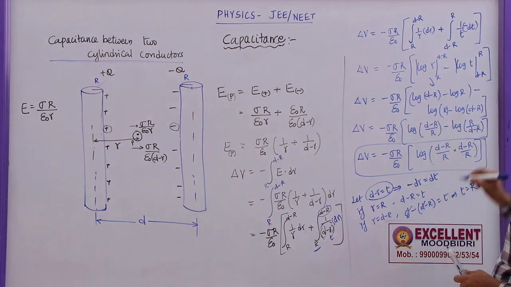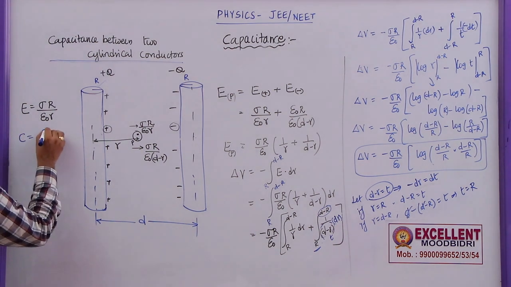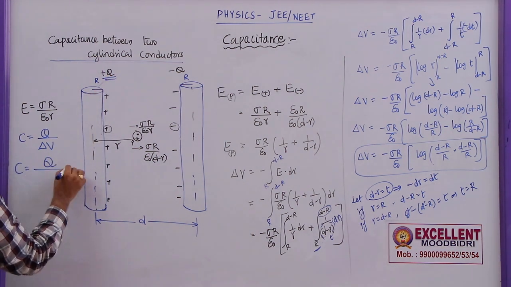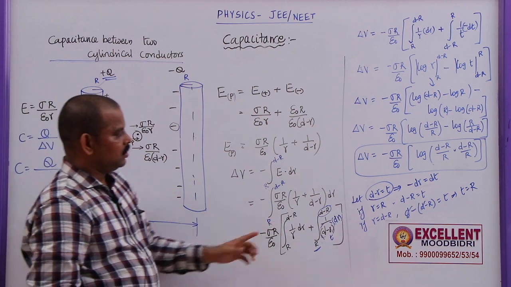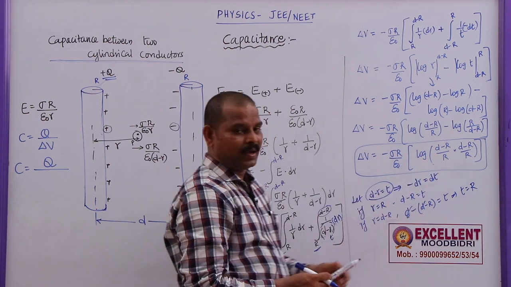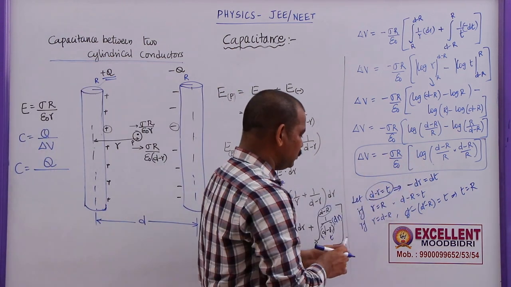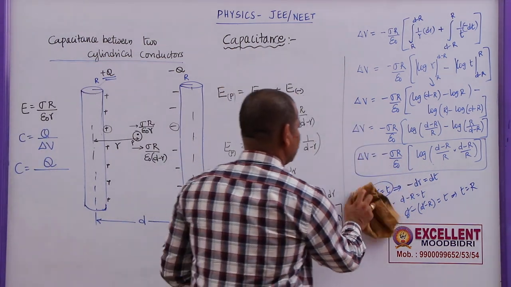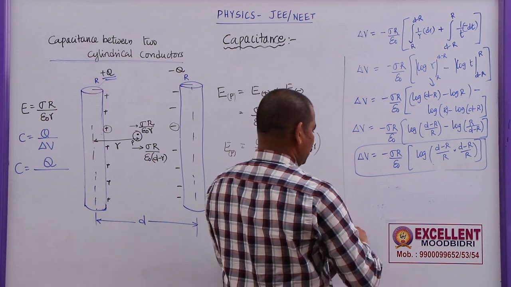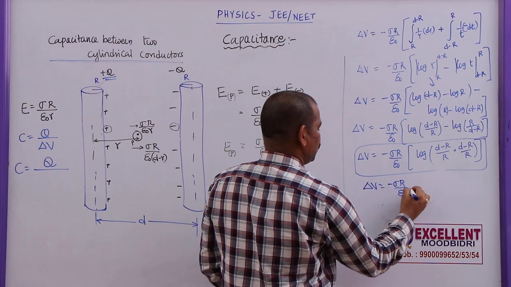So, now after getting this value, I can find out the capacitance of this system as C is equal to Q by delta V. C is equal to charge on this one is Q, any one magnitude of charge Q. What is delta V there? Here you can see the delta V is given as minus sigma R by epsilon naught. But if you change this one, you can write this delta V also. If you take it positive, here delta V can also be written as this minus sigma R by epsilon naught.